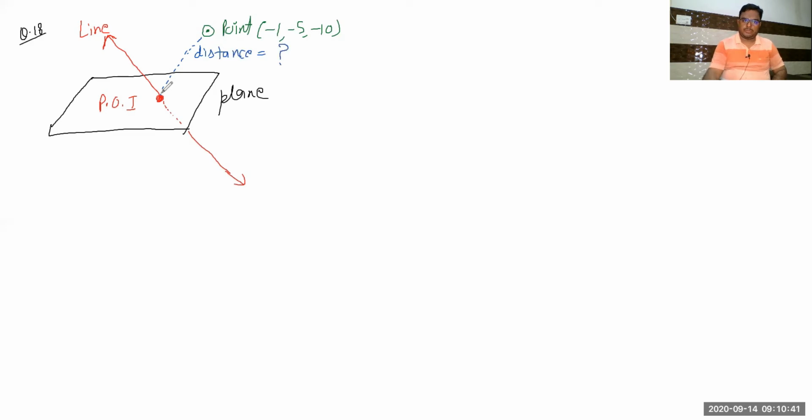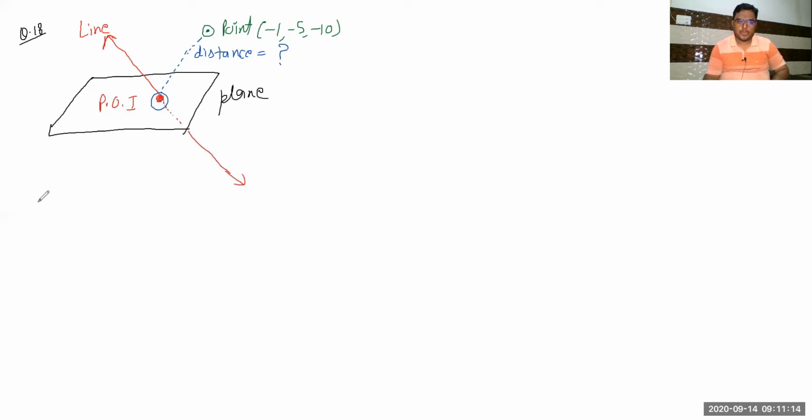So in this question, we have to find out the distance of this point from the point of intersection of plane and line. Equation of plane is also given to us. Equation of line is also given to us. Coordinates of points are also given to us. So all the things are given to us. We have to find out this distance. So actually the main thing in this question is how to find out the coordinates of this point. Once we get the coordinates of point of intersection, then simply we can obtain the distance between the 2 points.